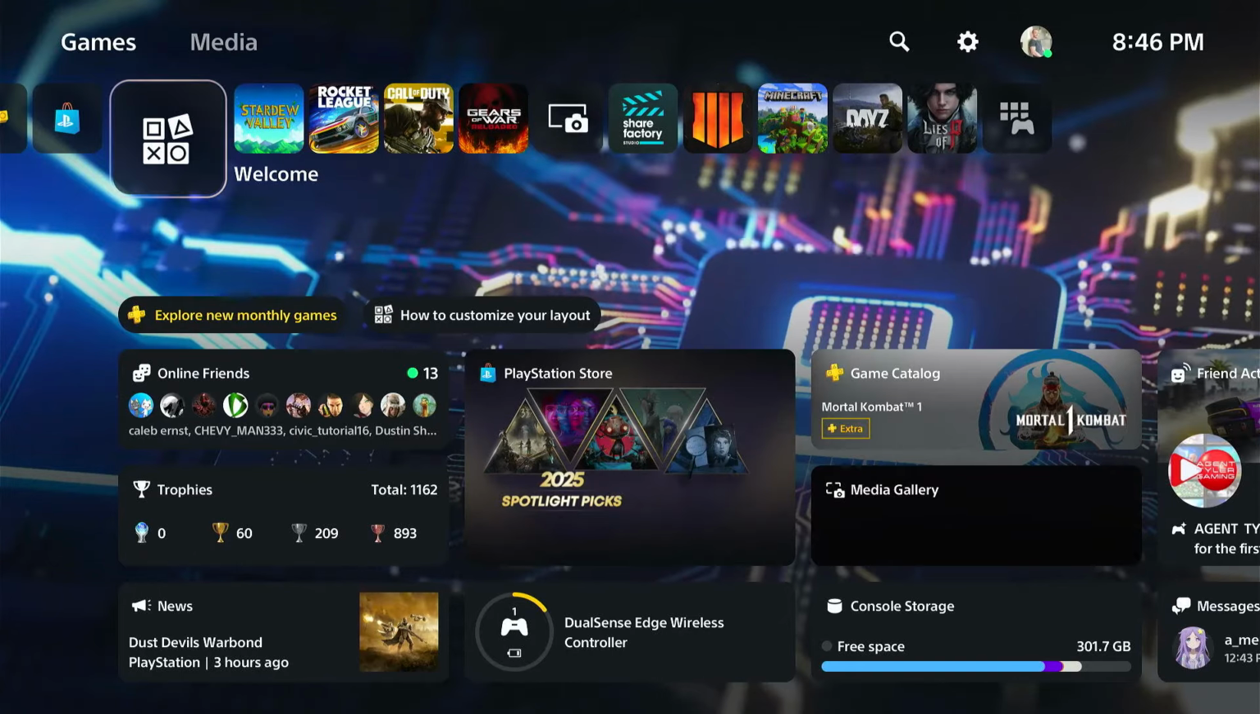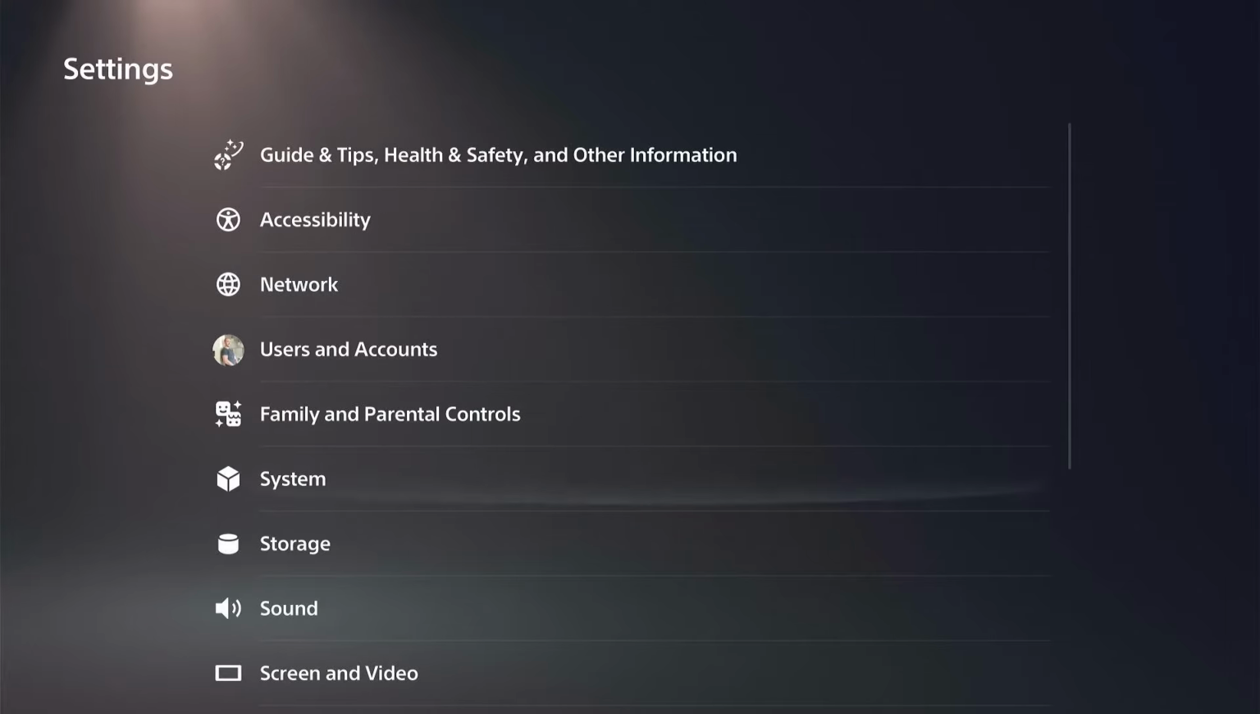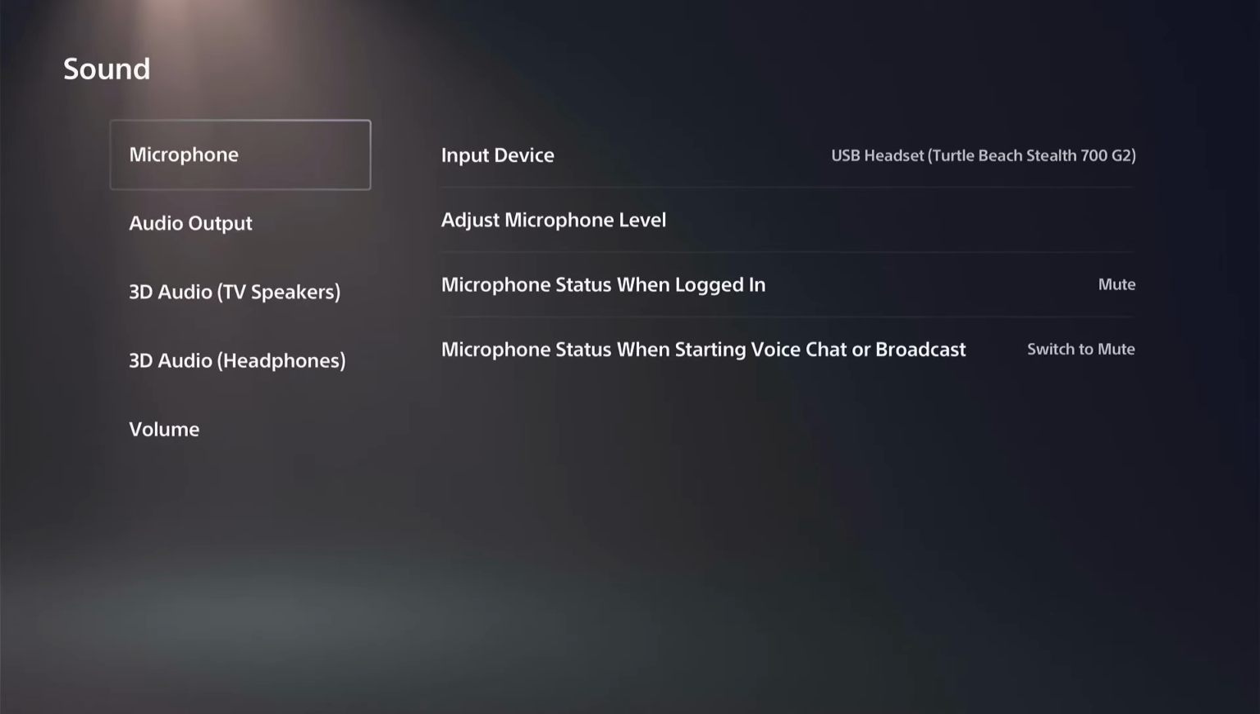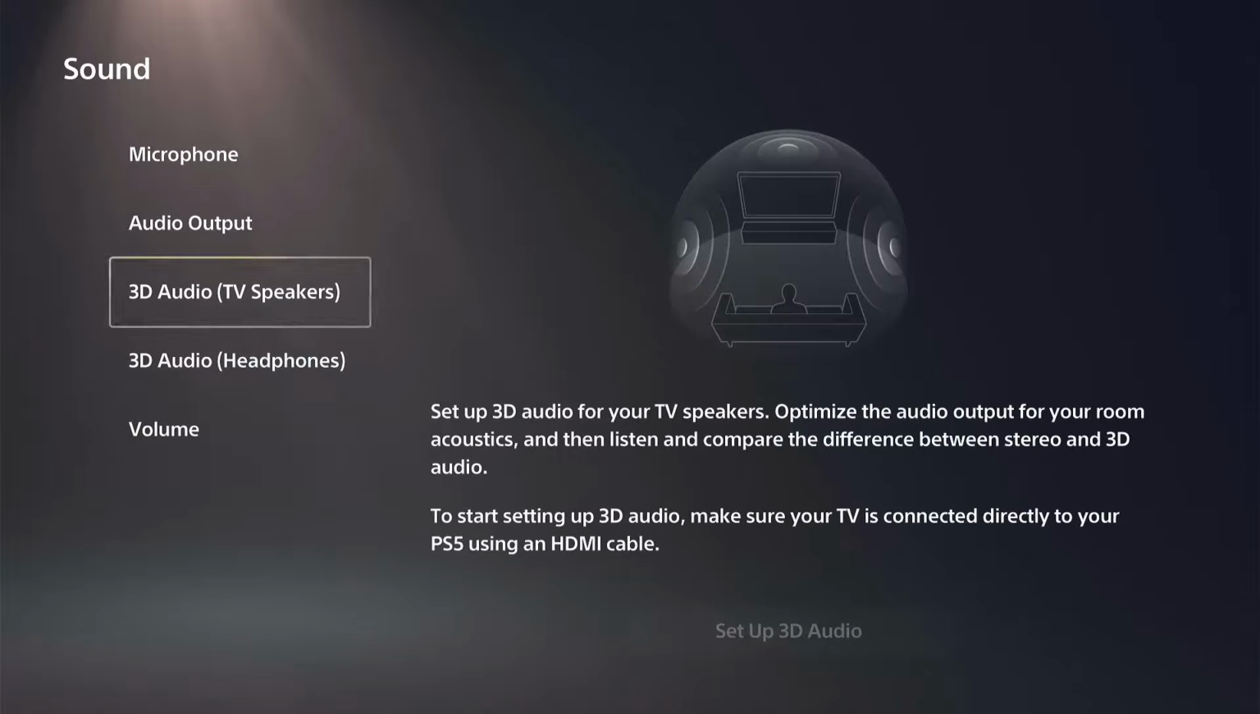Today in this video, I'm going to show you how to set up a PlayStation 5 3D audio headset profile. So we want to go up to the top, go to settings right here, and scroll on down to sound. Then go to where it says 3D audio for our headset, and there should be an option like this, set